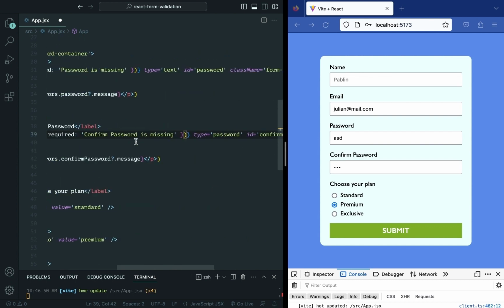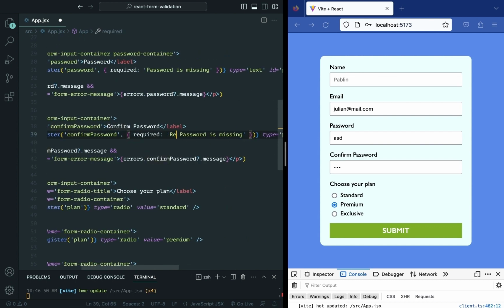Now I'm going to change this error message. Let's put re-enter the password,